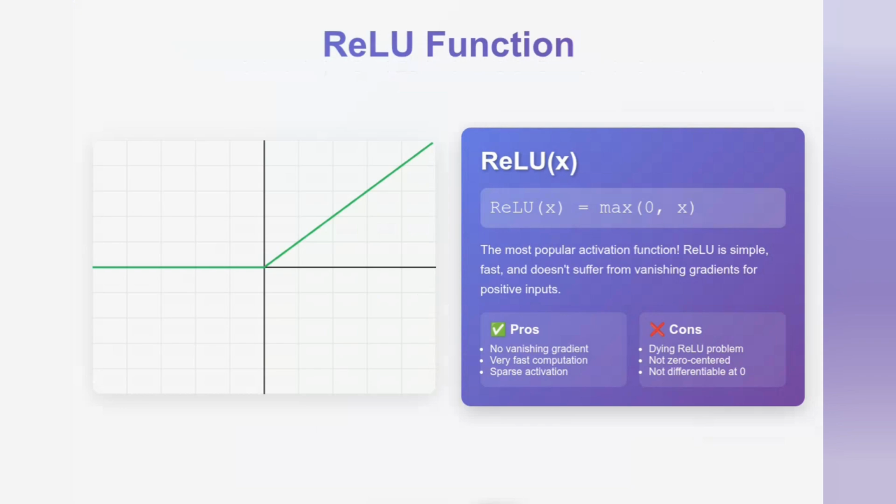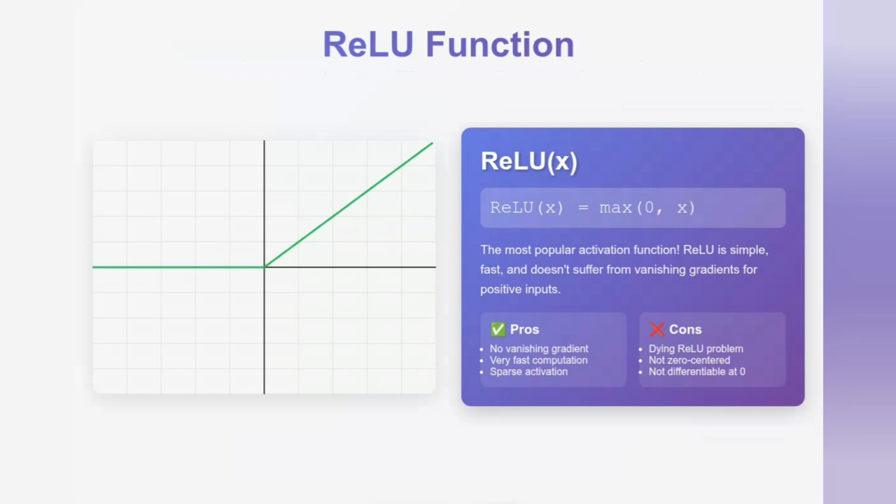Now let's talk about the king of activation functions for hidden layers, ReLU, or rectified linear unit. Its formula is incredibly simple. ReLU of x equals max of 0, x. If the input is positive, it outputs the input as is. Otherwise, it outputs 0. ReLU's popularity exploded because it largely solves the vanishing gradient problem for positive inputs, and it's